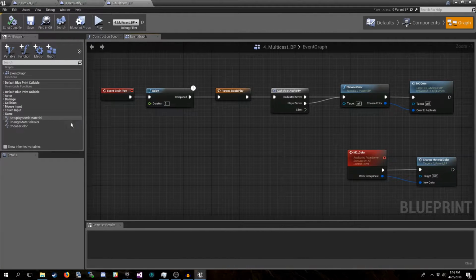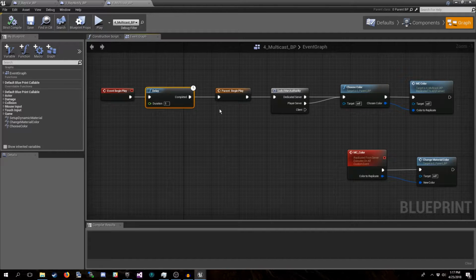We're not using a replicated variable in this example. What we're doing is on begin play, we're putting in a delay just because it showed some of those quirks that I mentioned before about not having a delay on event begin play. This solved them and it actually gets set properly.